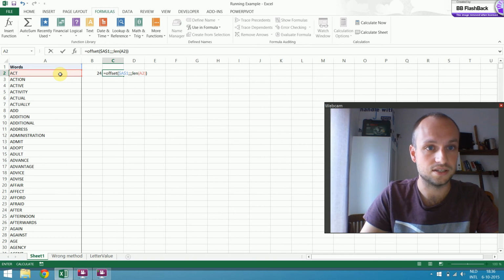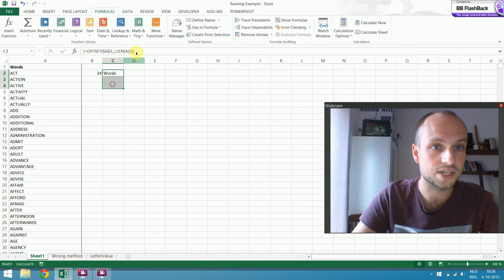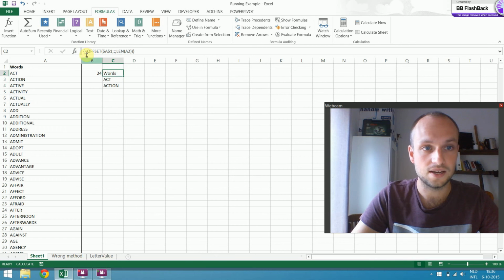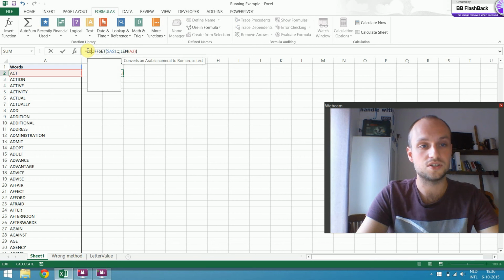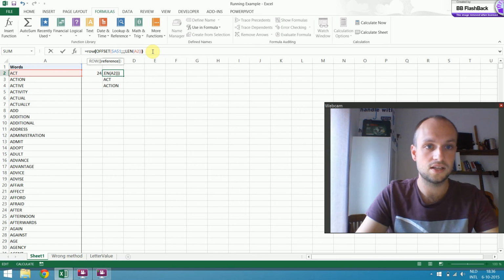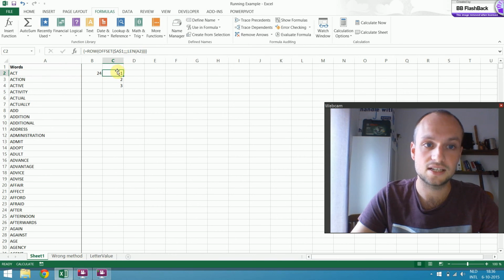Now if I put in this thing and put it on the correct range, you can see that it refers to A1, A2 and A3. Now if I put the row function in here, then the row of this range is taken, and we get exactly what we want: an array with values 1, 2, and 3.